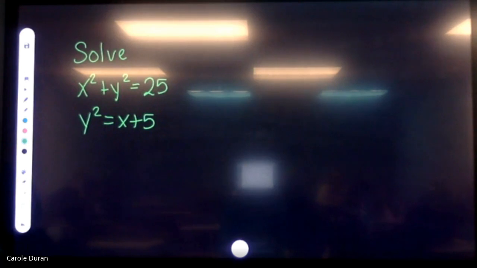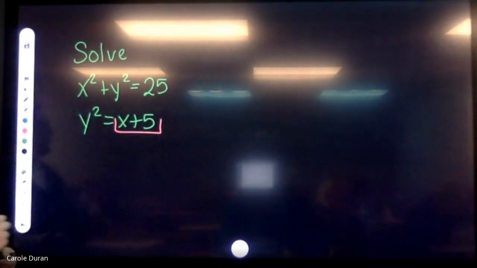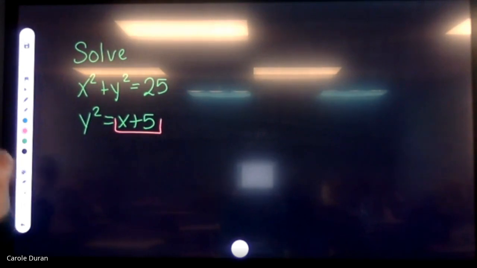Quick question, am I going to use substitution or elimination here? Substitution. How did you know that, Ebony? This y squared equals x plus 5. I'm plugging into y squared first. Okay, so she recognized that my second equation already has the y squared isolated, which is awesome. So I'm going to take what y squared is equal to, which is x plus 5,